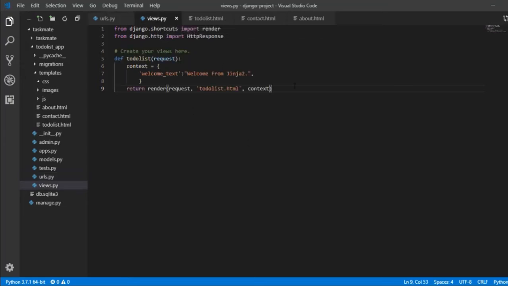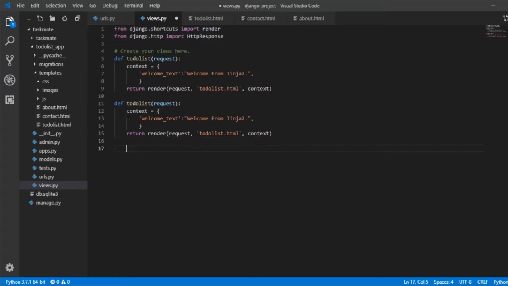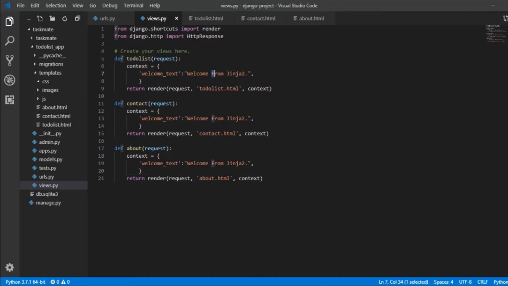Now I need to add views for both of them. Let me copy paste them. And here I will change the text as welcome to to-do list, welcome to contact page, welcome to about page. This looks fine.